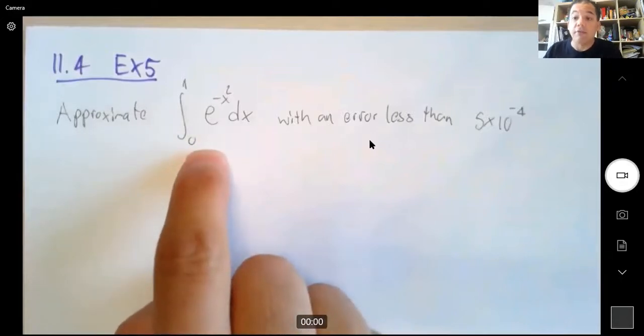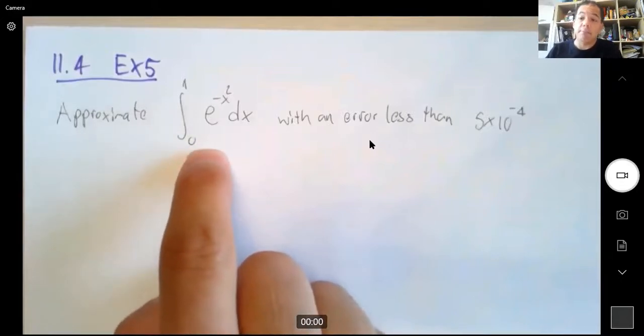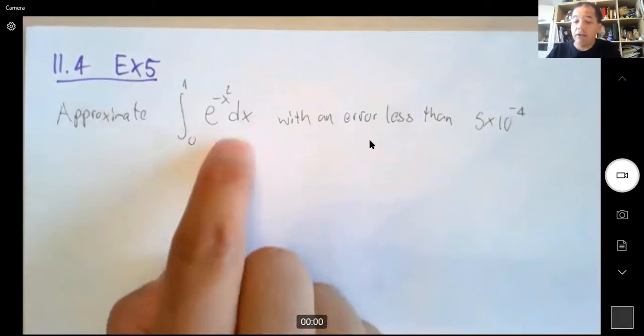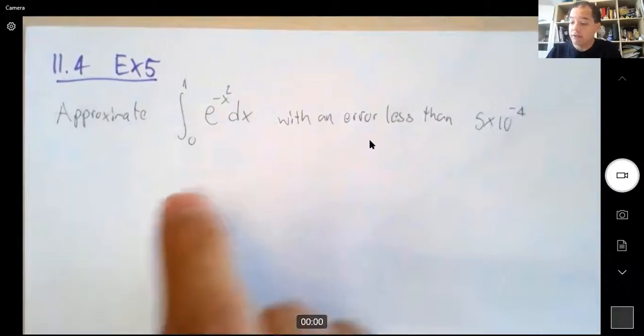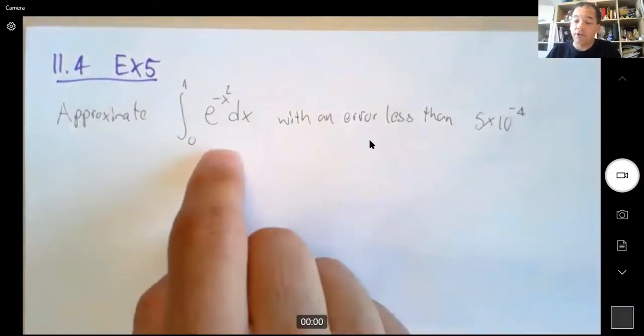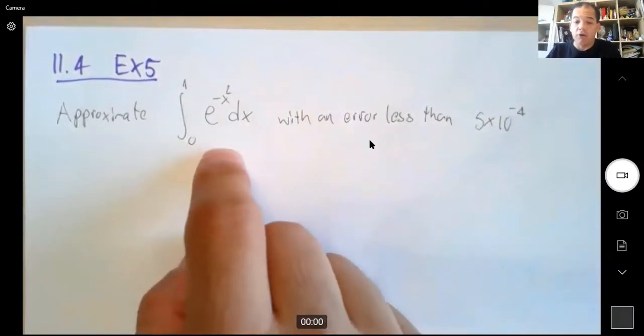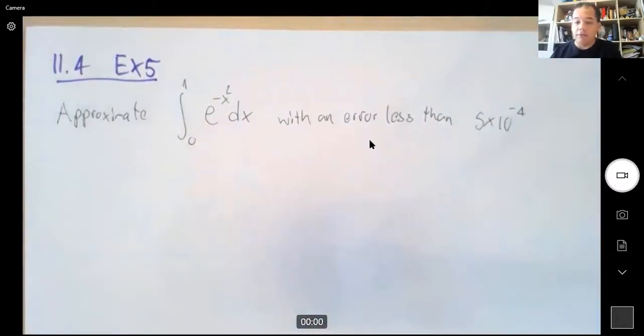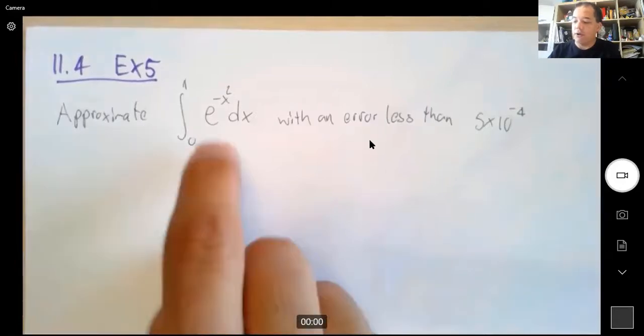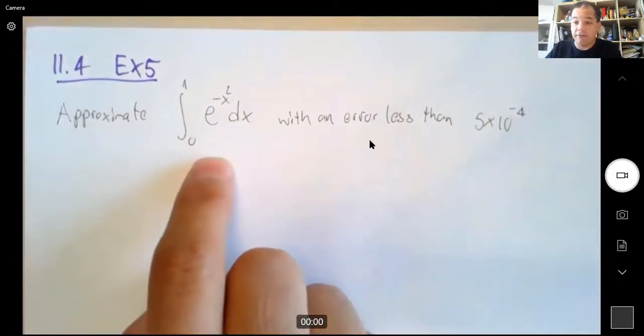That would be really, really hard, actually impossible. It has been shown before that the antiderivative of this function is not among those that you can create with elementary functions and the operations we know. You cannot do inverse tangent or inverse sine on any combination of those functions that will give you this antiderivative.